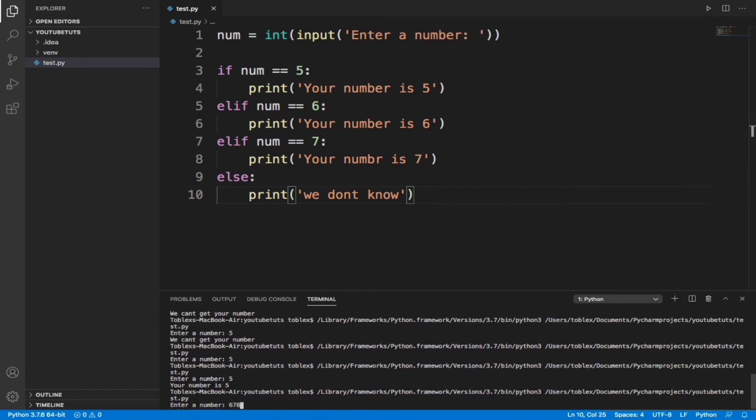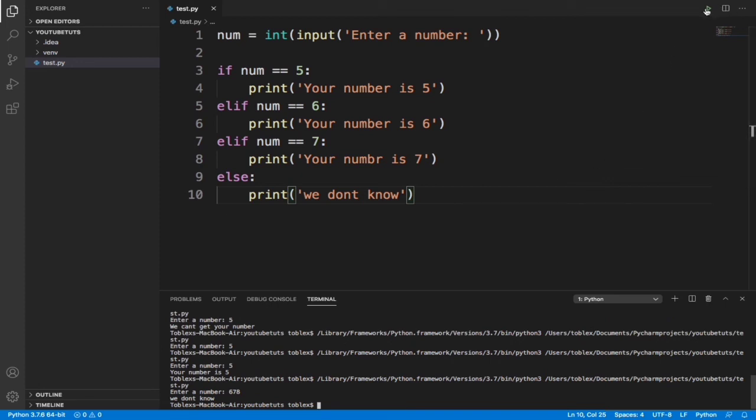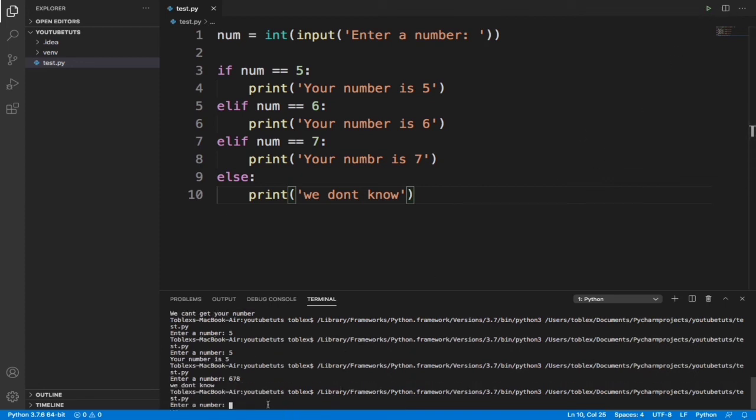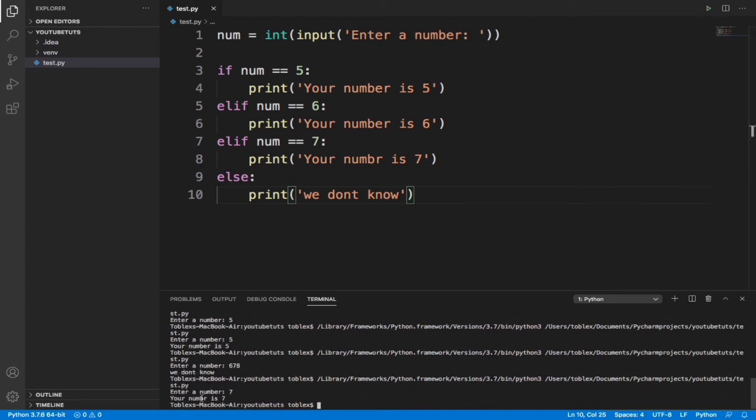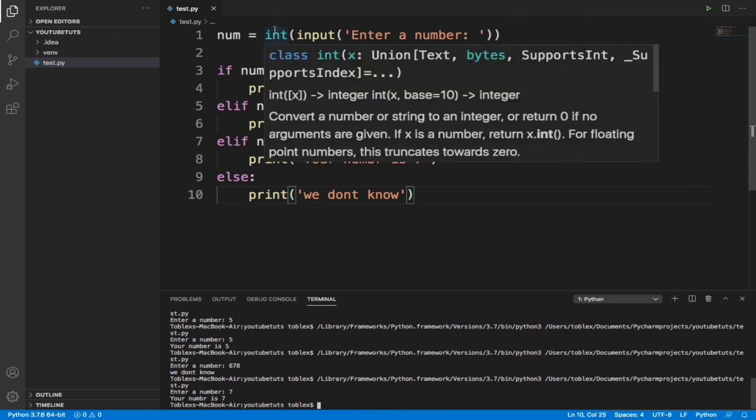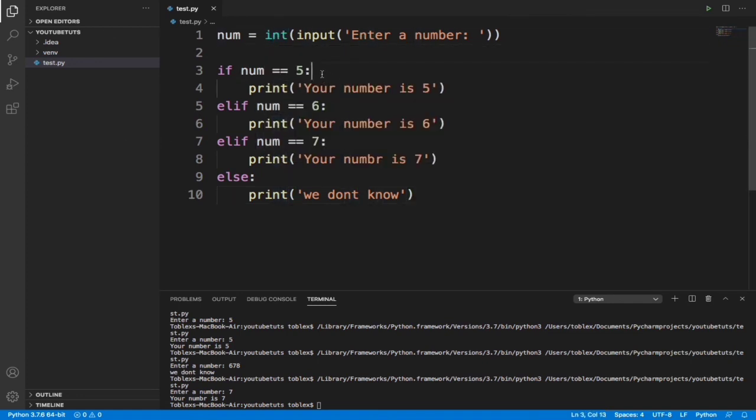If we enter what is not there, it says we don't know. If we enter 7, it says your number is 7. That's it. The problem was that we did not convert it to an integer, so it was seeing it as a string, and that's why it couldn't get it. Just know that when you're working with numerical values, always convert your variables to integer.